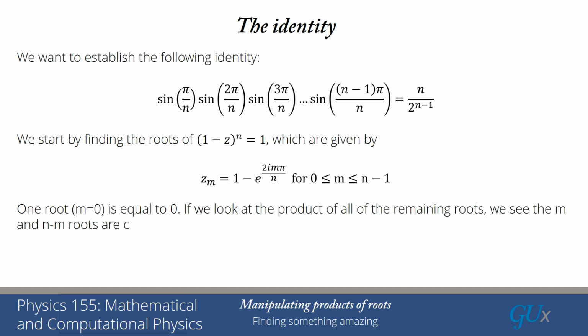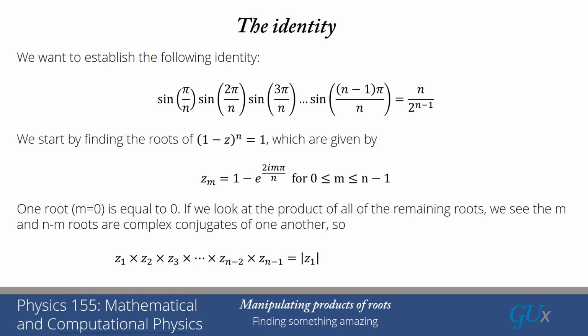And so what we want to do is focus on the remaining roots, because when we multiply anything by 0, of course, we get 0. So we're going to look at the products of the remaining roots, and we're going to notice that the m and the n minus m roots are complex conjugates of one another. So we can pair them together. So when we look at this product of all the different roots, I can pair z_1 with z_(n minus 1), and it becomes mod z_1 squared. And I can pair z_2 with z_(n minus 2), it becomes mod z_2 squared, and z_3 with z_(n minus 3),